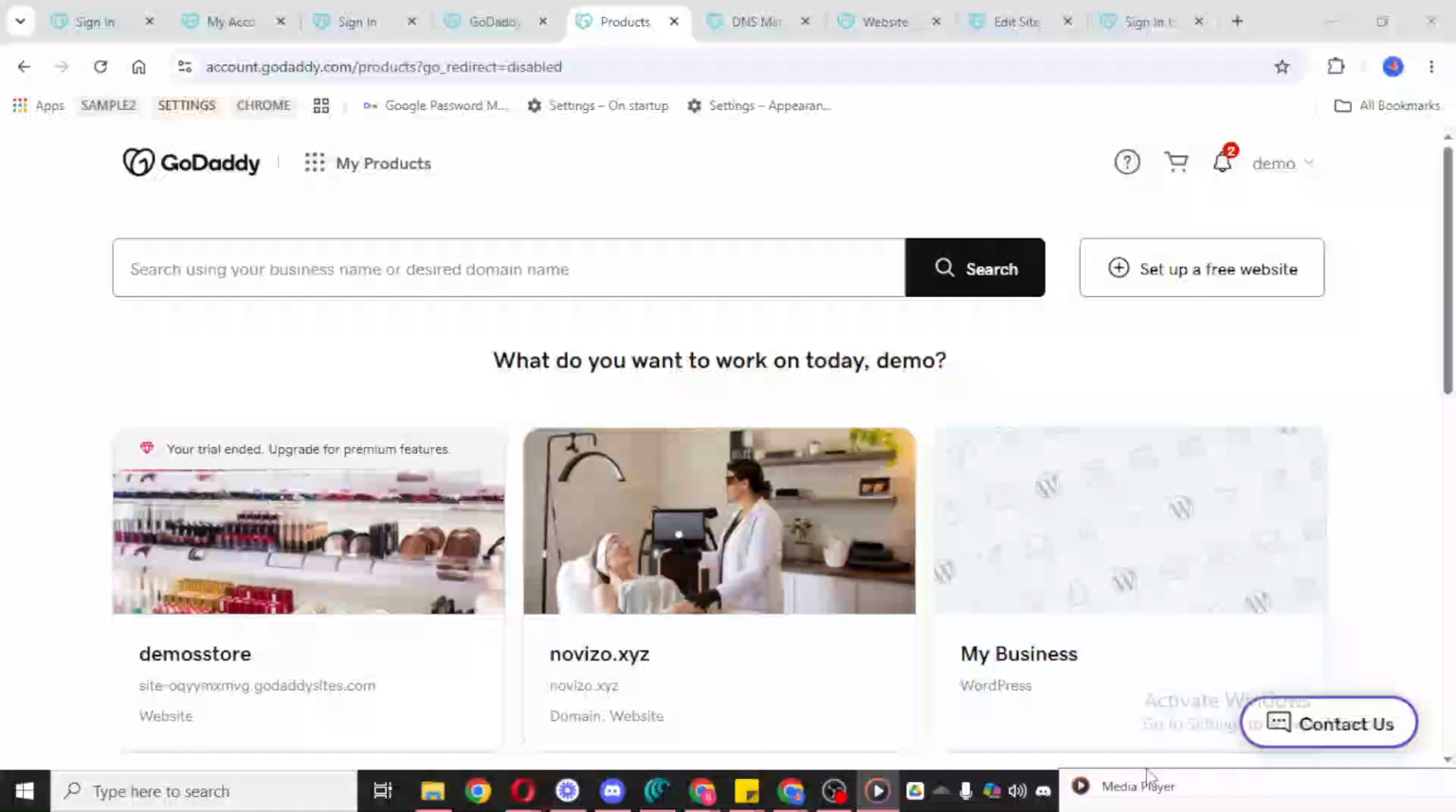In today's video, I'm going to teach you how to add a user to your GoDaddy account. We'll go through the process from start to finish in a simple and clear way, so you can confidently give someone access to help manage your account without handing over your own login details. This is especially useful if you're working with a team member, a developer, or someone helping you manage your domain